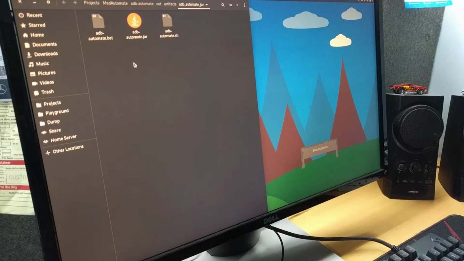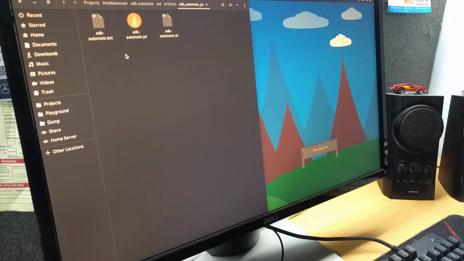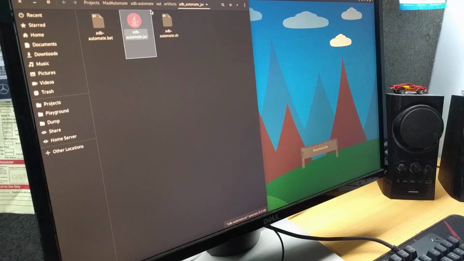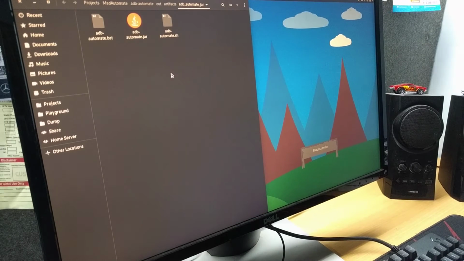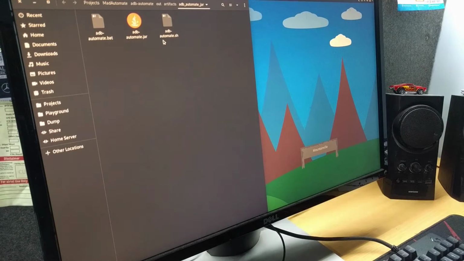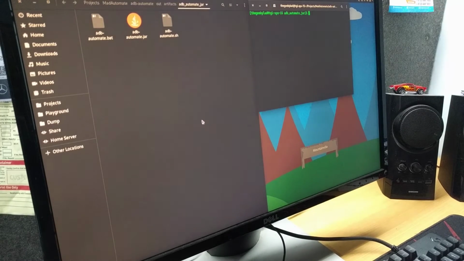So now, nothing may look really familiar to you, but if you're coming from a Java background, you'll realize that this is going to look very familiar. So this is a Java executable. If you're on Linux or Mac OS, you'll be running this particular file. And if you're on Windows, all you've got to do is run this file. Since I'm on Linux, I'm going to show you how to run this. Now these steps apply to Mac too.